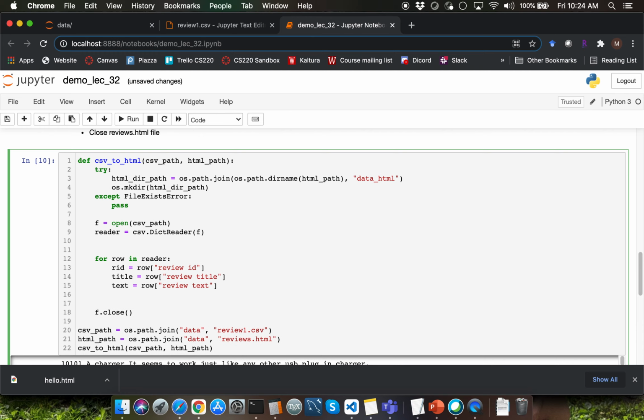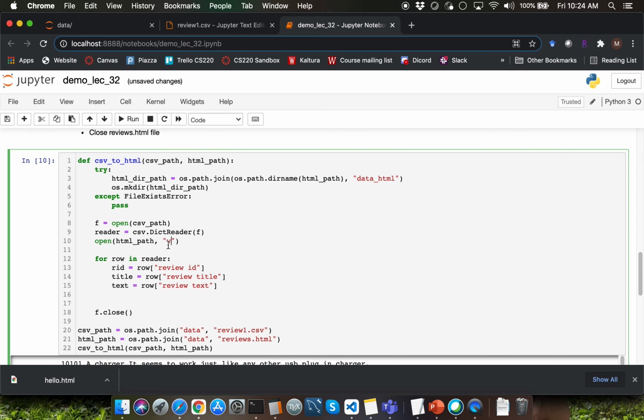So clearly you'll have to create your open function call for opening reviews.html outside the for loop. So I'm going to invoke the open function call by passing html_path as argument. Recall that that's the variable which contains the path to reviews.html.